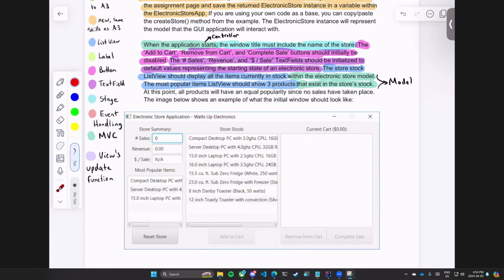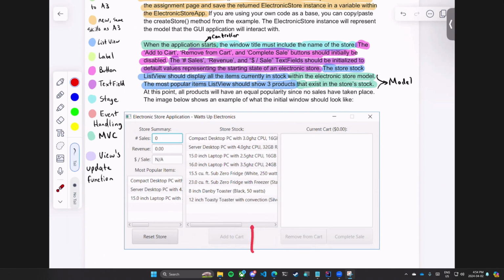An easier way of doing this would be to make it so that every time you add to cart, you update the model, so that the model is aware that there's something new in the cart. And then when you remove from cart, you update the model again so that it is aware that you've just removed something from the cart. Then the model will always be up to date. You'll always be able to calculate this amount from just the model. So then your view update function could just look at the model and see what the dollar amount is supposed to be here, and then just update itself, right? That would be a lot easier,